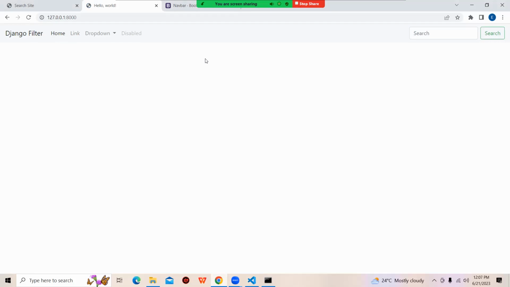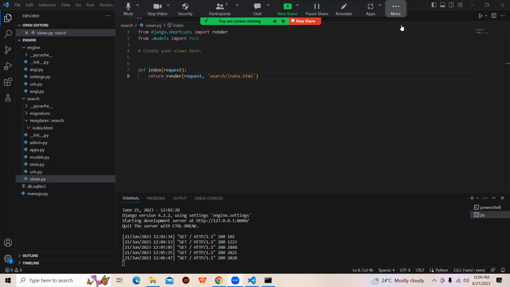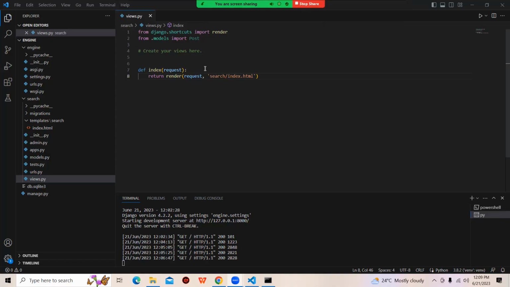Okay, so what we need to do now is very simple to display all of our posts. Okay, so what we need to do is to go into our views and just do some basic queries. Okay, so yeah, it's about views. So we just need to make some little views or some little code in here. Okay, so let's get started. All right, so